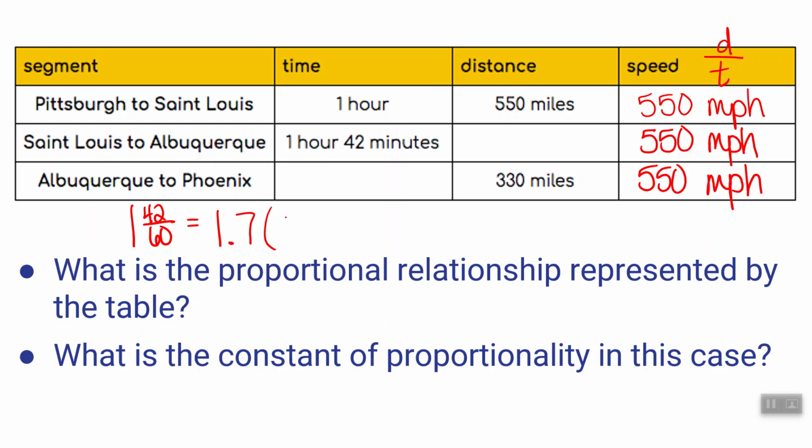And we're going to multiply that by 550, because that's the miles per hour to get our speed, or excuse me, our distance. So 1.7 times 550 is 935 miles. Again, we first had to convert that time into a decimal. Now we want to go the other direction. 330 miles, we're going to divide it by 550,